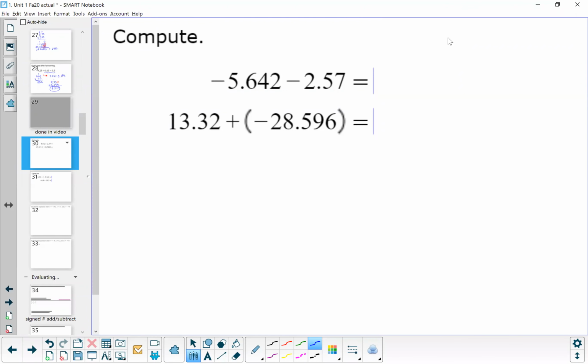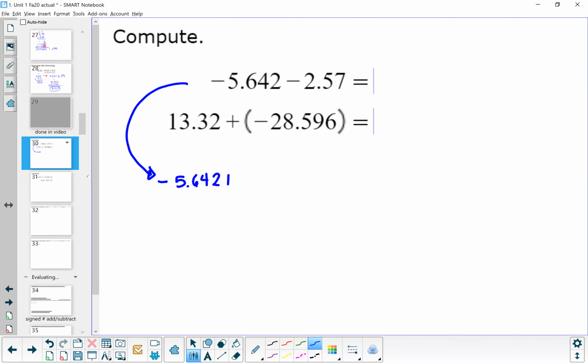So I'm going to do a few questions that deal with decimals that are on homework 4 in case you needed extra examples. So the first example here we have negative 5.642 minus 2.57. And we know that if we're subtracting here, we have a negative and then we're subtracting again. I can rewrite this as negative